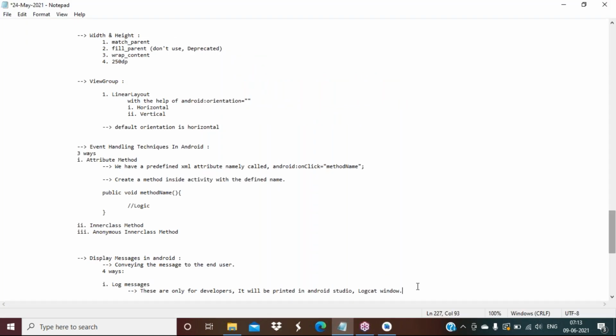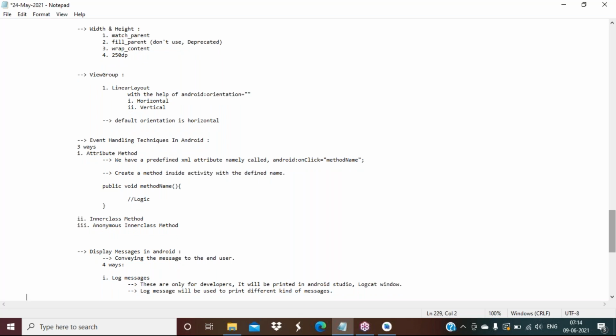Okay, so log messages will be used to print different kinds of messages.